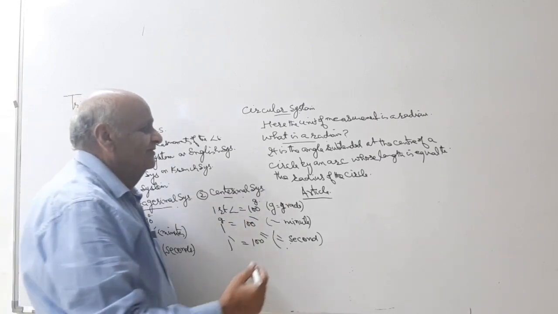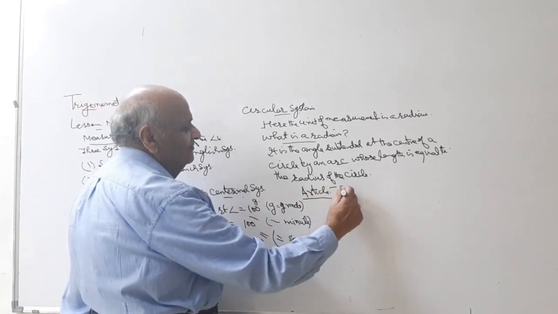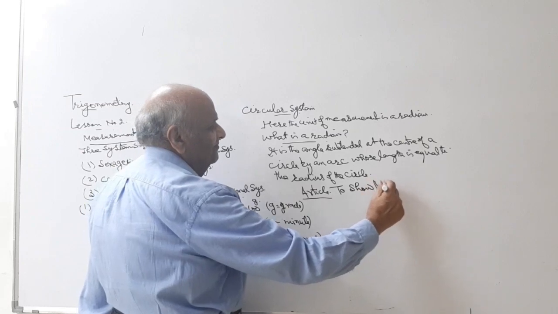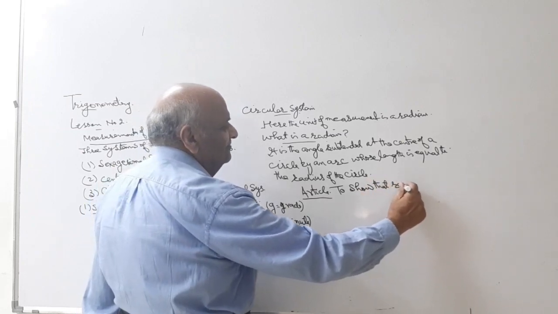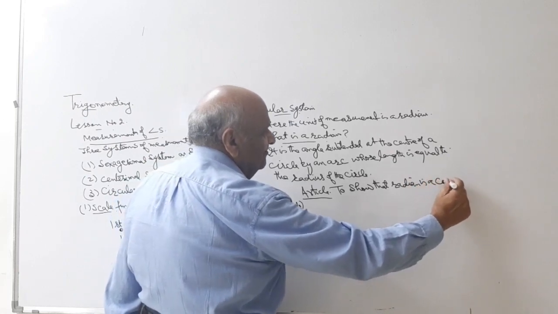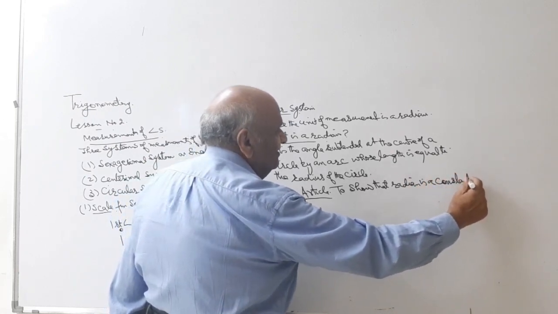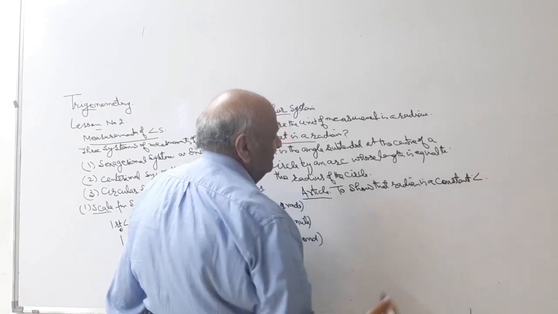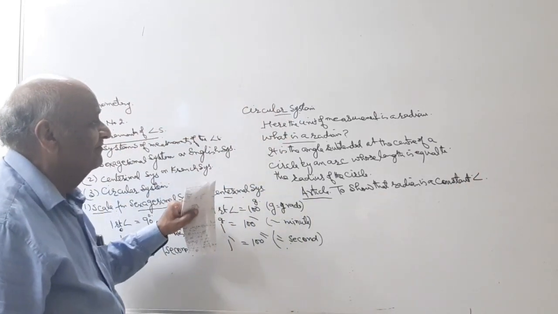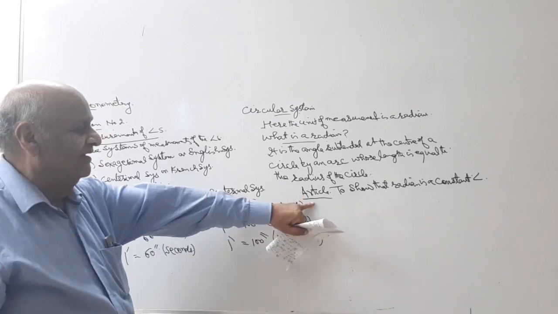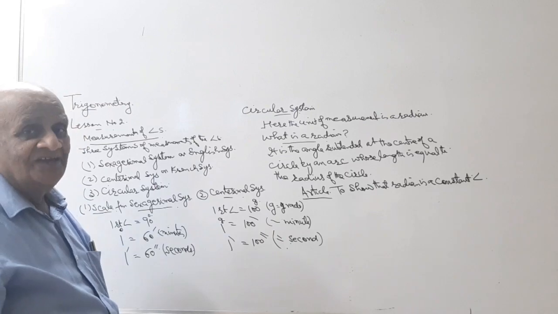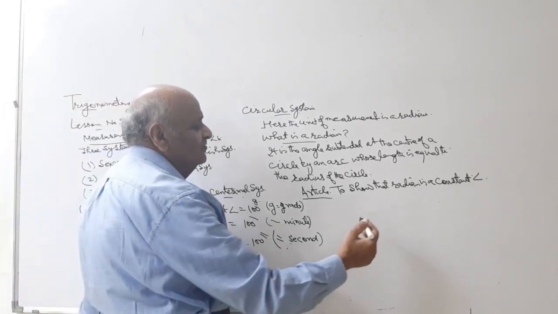What is that? To show that a radian is a constant angle. Radian is a constant angle. The very first topic before us in this measurement of angles, in the form of an article, a standard result, to show that radian is a constant angle. How is it to be done?